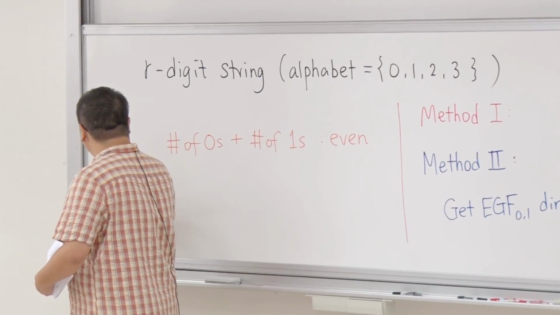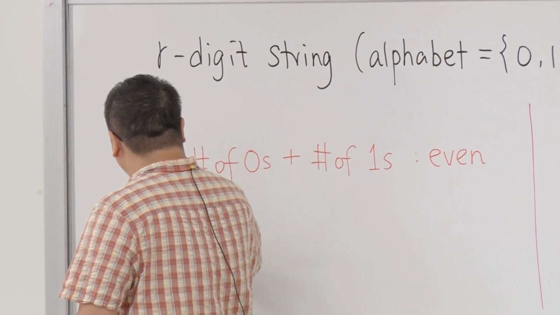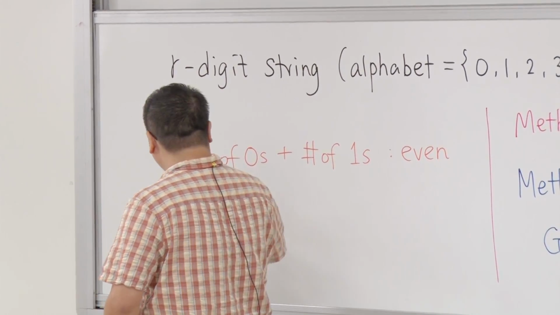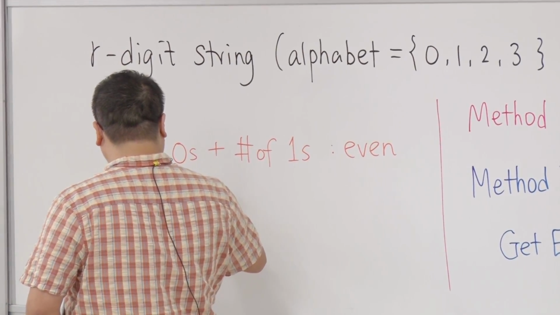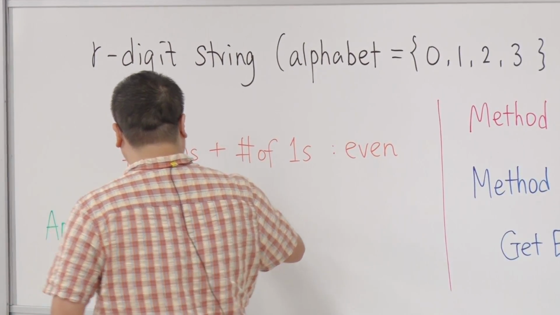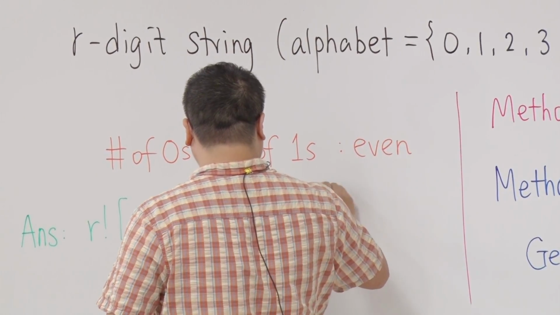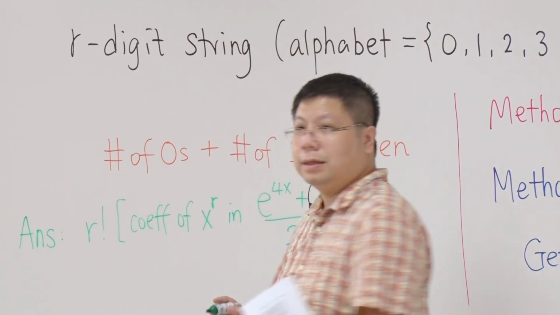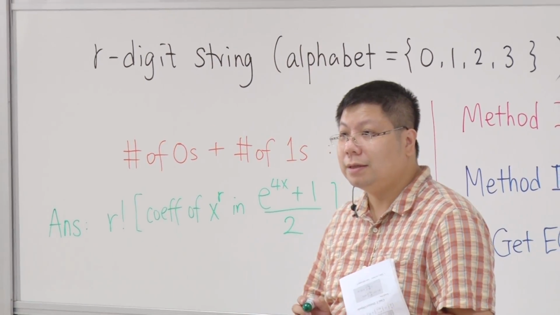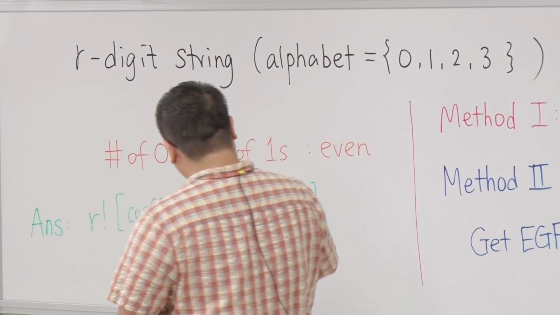So the answer is r factorial multiplied with the coefficient of x to the power r in e to the power 4x plus 1 divided by 2. Is that okay? In general, so what would that be? This will be equal to